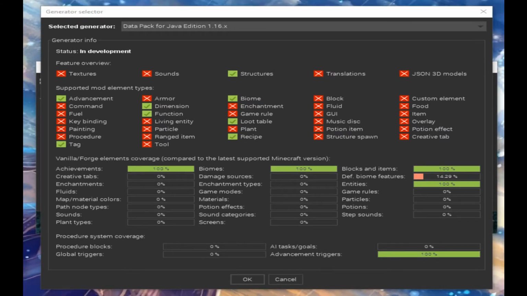And in this we can see what we can do. So in the data pack, which is a little bit different, remember that there are texture packs, resource packs, and data packs. Data packs allow you to change a lot of things, right? But they don't allow you to add new things, right? So you can change things, but you can't add anything new, right? You can modify,